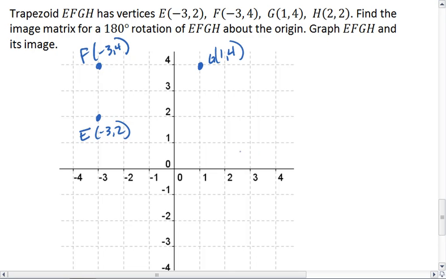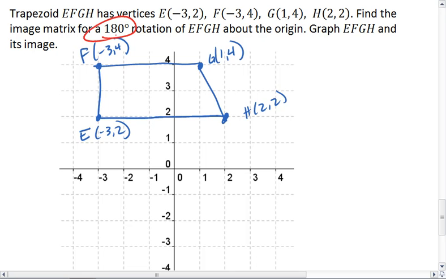And H is at 2, 2. We want to find the image matrix for a 180 degree rotation, and we want to graph EFGH and its